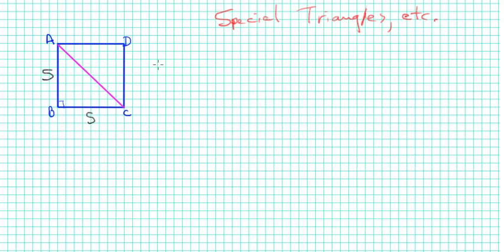And so what is the hypotenuse going to be? We'll call this HYP. You know that the hypotenuse squared is equal to A squared plus B squared. So if that's the case, then how do we find the hypotenuse? Well, A squared, A is S, so we square that. We add it to the square of the other side because they're both the same length, aren't they? And so that equals the hypotenuse